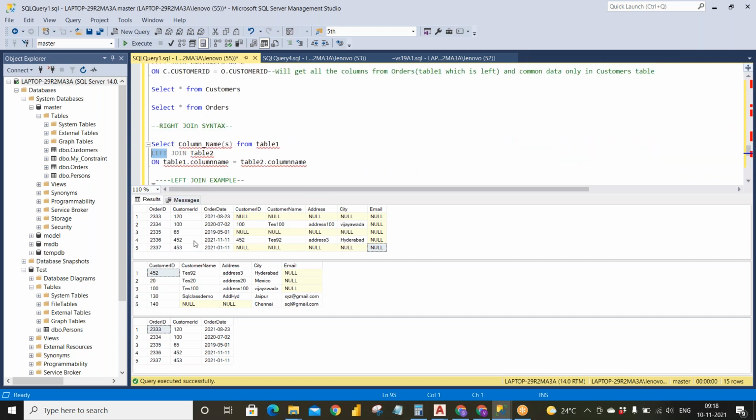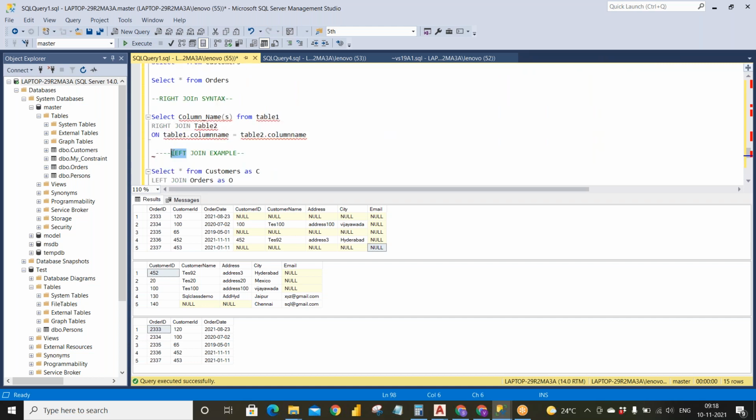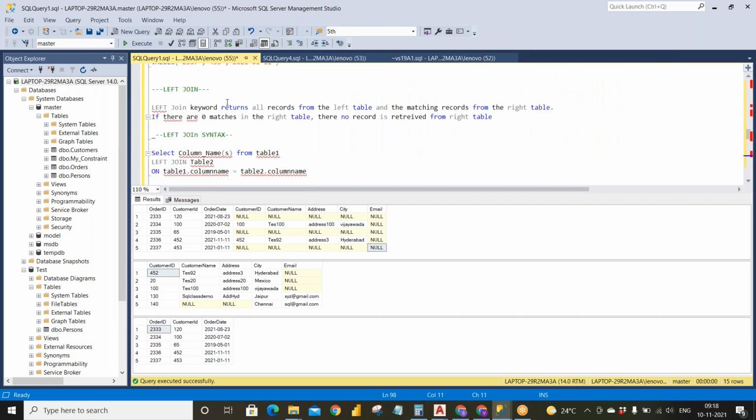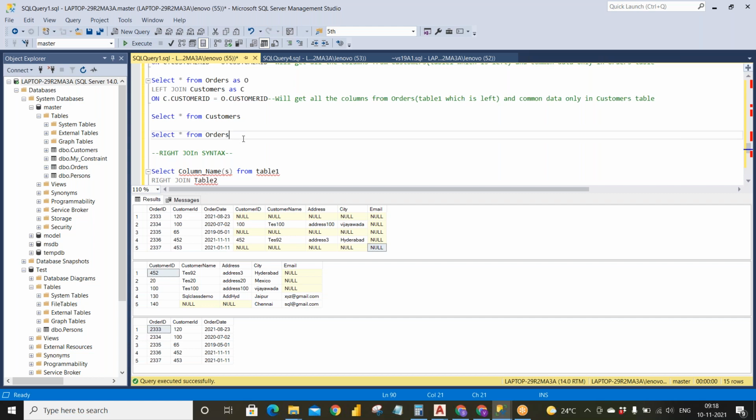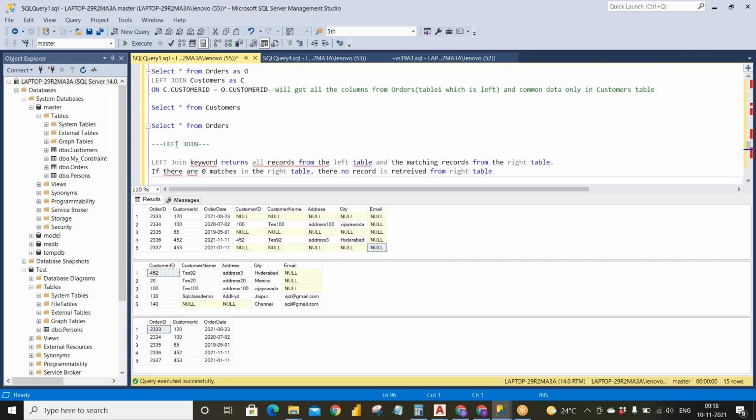For the right join we simply need to replace the keyword with right join. The right join will retrieve all the data from the right table and the matching records from the left table.